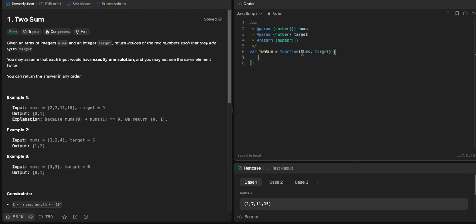So we have the two-sum problem. What we want to do is find numbers that are complements to each other to add up to a single target. One way of doing this would be brute force, where I check each number against another one. So index 0 to 1, if I put them together is that the target? Index 0 and 2 together is that target? No. Index 0 and 3, and so on. And then move on from index 1 plus 2, index 1 plus 3, index 1 plus 4. That is the brute force